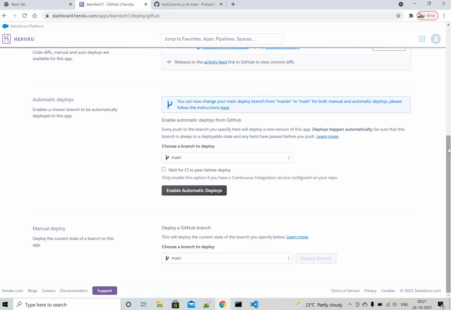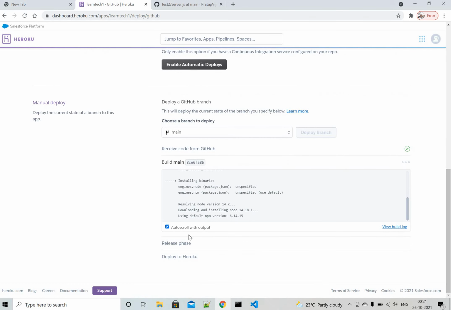You just notice what will happen here. I just clicked on deploy branch. Now it has pulled the source code and it is trying to do npm install. See, it is installing all the dependencies automatically. Heroku is doing everything. We don't have to do anything. Heroku will take care of all the dependencies and installation. It will take a while. It depends on the complexity of the application, how many node modules you are using and what type of application. Based on that, it will take time to install the dependencies.